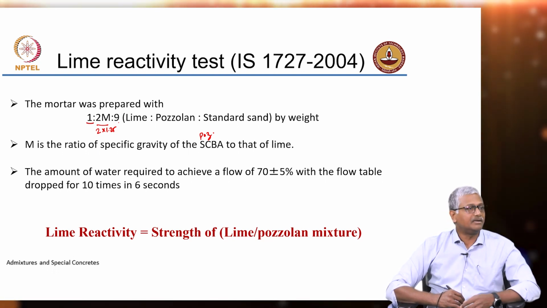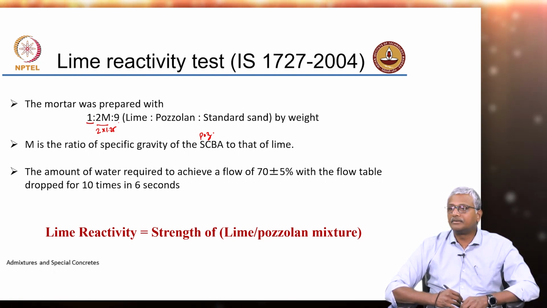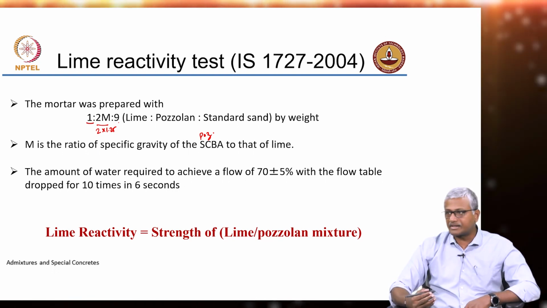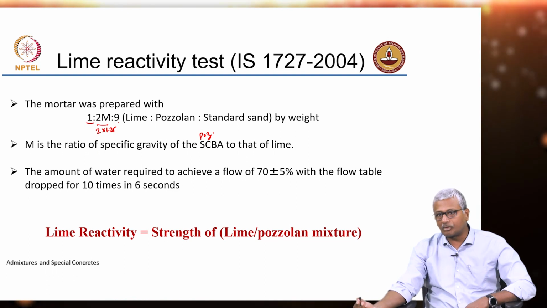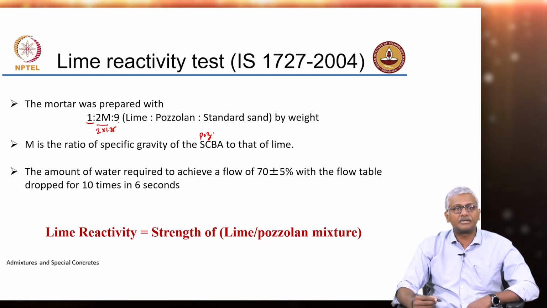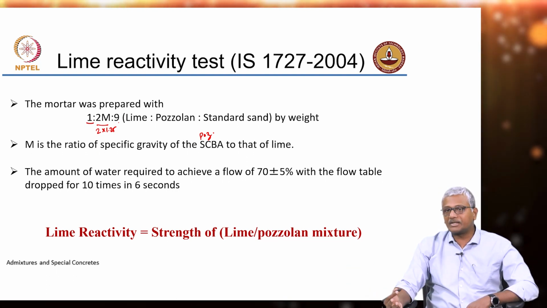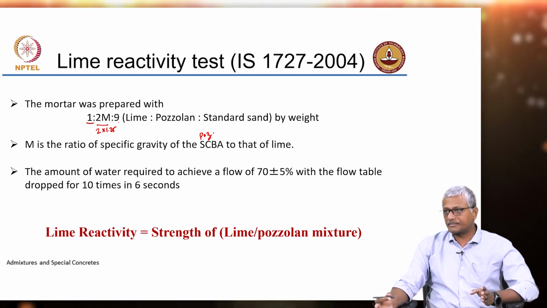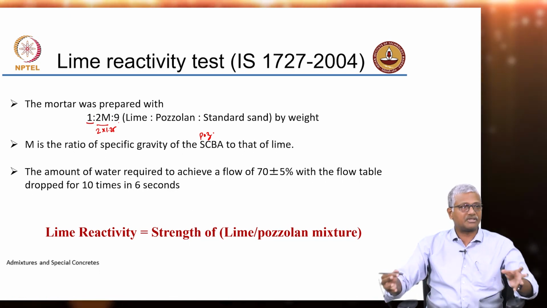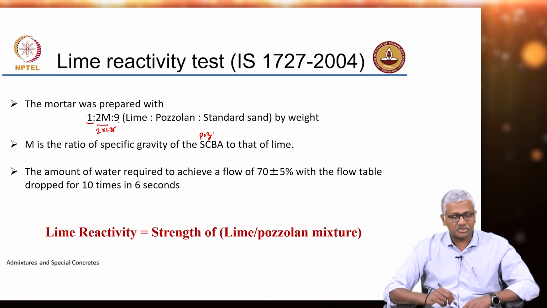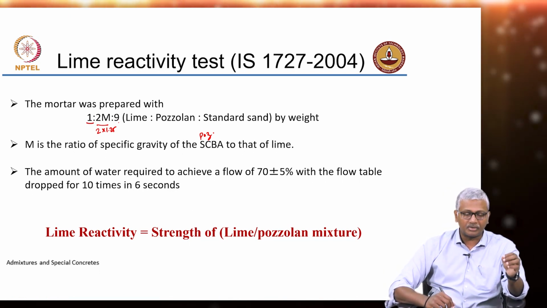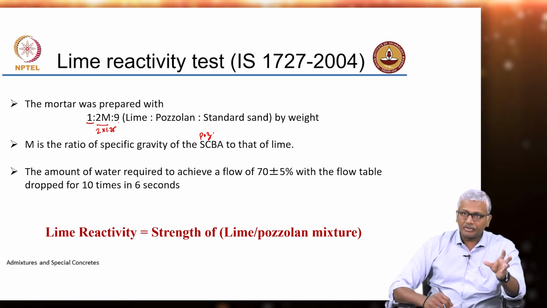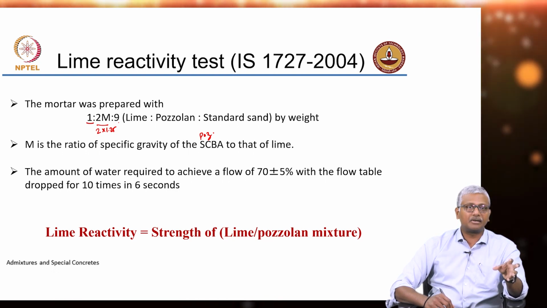What is standard sand? Ennore sand. We call it Ennore sand because standard sand, as per Indian standard specifications, is taken from Ennore, which is just south of Chennai, and that is where they get the sand, and it is usually available in 3 size ranges. So, you take equal portions of each size range and then prepare this mixture. So, mortar is prepared with 1 part of your lime to 2 parts of your equivalent pozzolanic material to 9